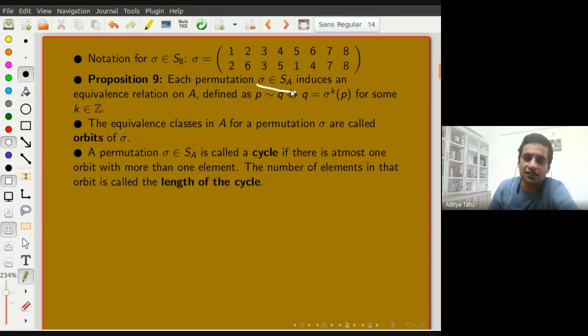The equivalence relation is defined as P is related to Q if, by applying this permutation again and again, at some point you hit the element Q. If that happens, then P and Q are related. So if I take this particular example, sigma,